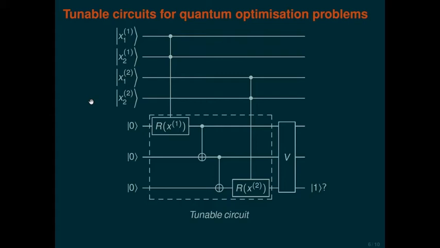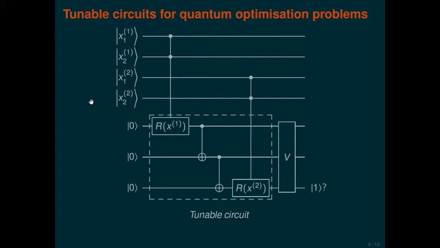It could be like in machine learning, it could be a classification circuit, or it could be a quantum optimization algorithm, quantum approximate optimization algorithm, or quantum variational eigensolver. So it could be many things. And so these are the tuning parameters which now I added. So these parameters can be classical, and then this is just a circuit. But now I want to use our algorithm to actually somehow interact with this circuit.